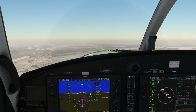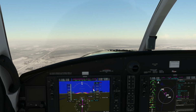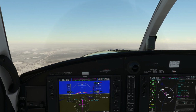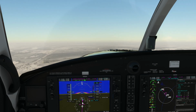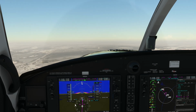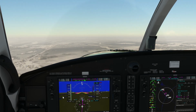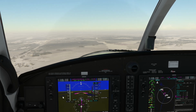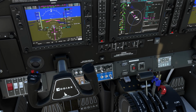And, well, not descending, but the glide path is active, and we should capture it any second now. Thought it wasn't going to work for a second there. Here we go. Glide path is active. Gonna go full flaps, and actually